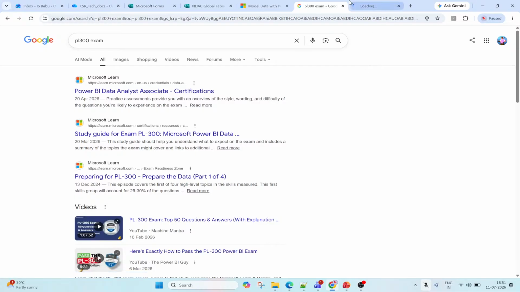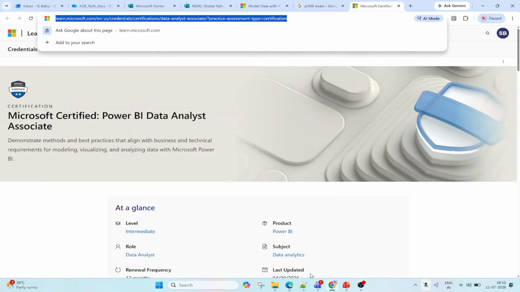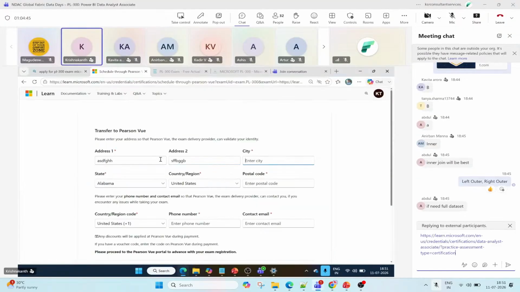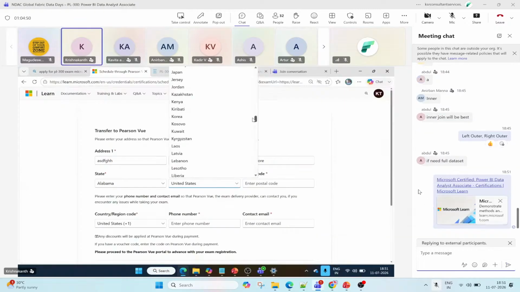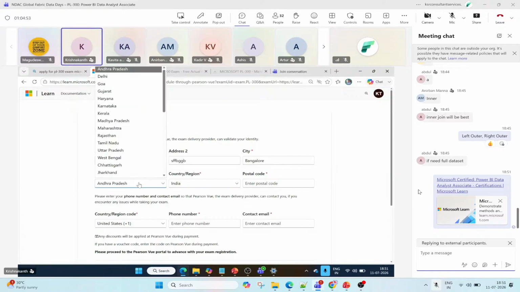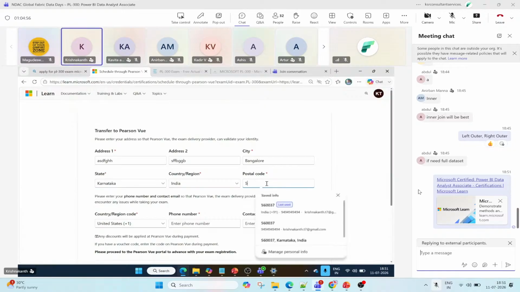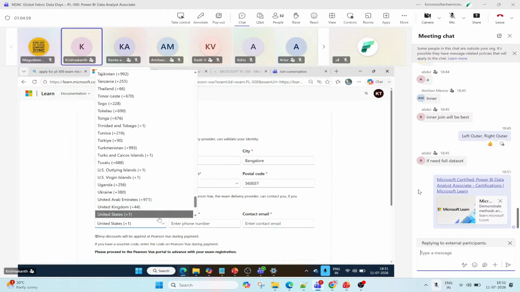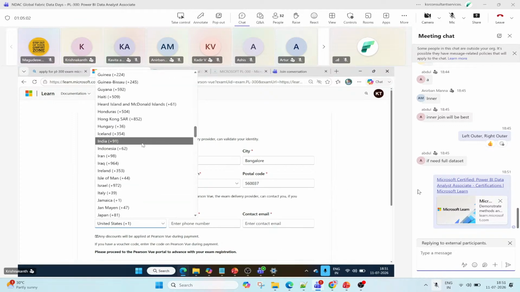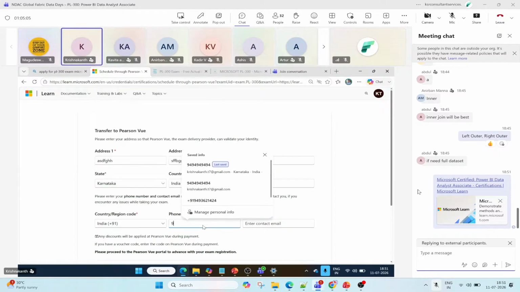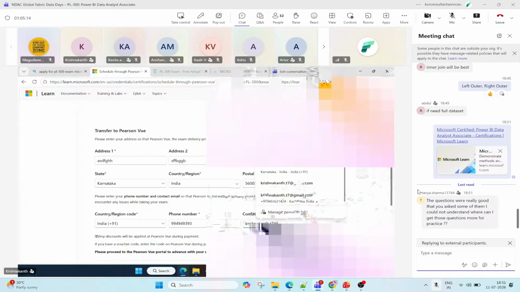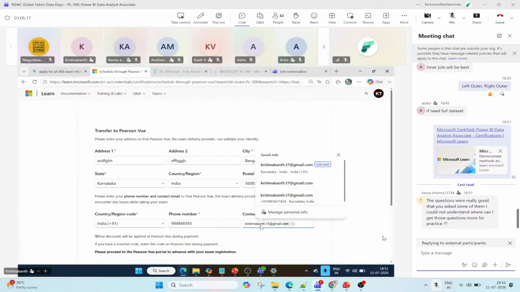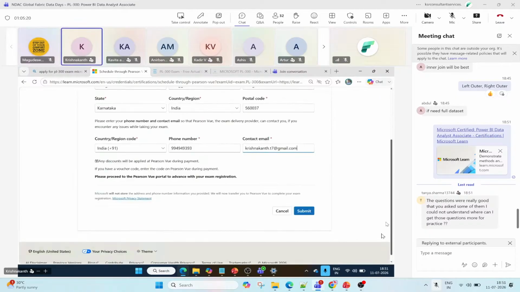And I can give my address: Bangalore, India, Karnataka, pin code, India, phone number. So you can fill in all these details. You can click on submit.